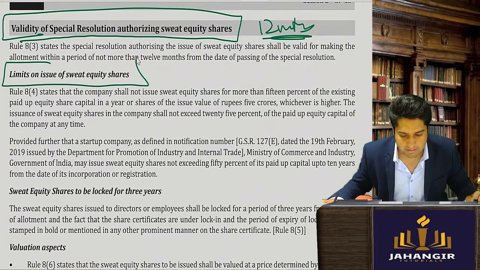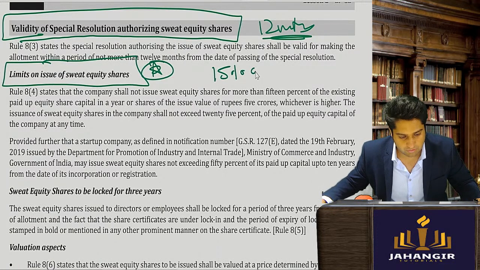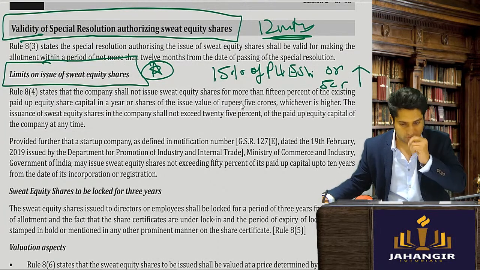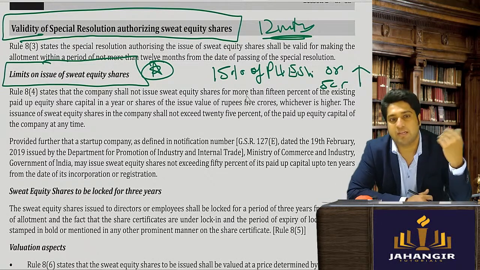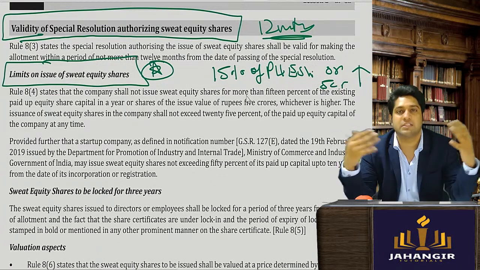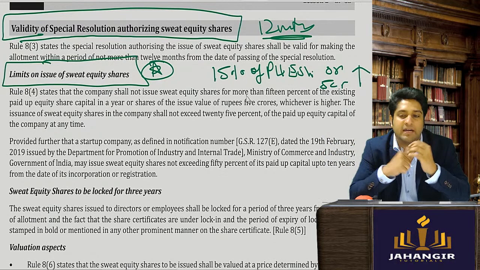Limits on issue of sweat equity. So very, very important. It says 15% of paid up equity share capital or 5 crores, whichever is higher. So how much sweat equity can be issued by the company? The company cannot issue too many equity shares, up to 5 crore or 15% of paid up equity share